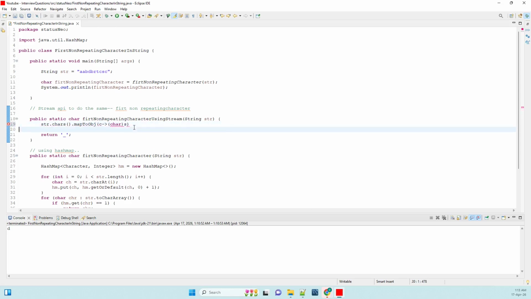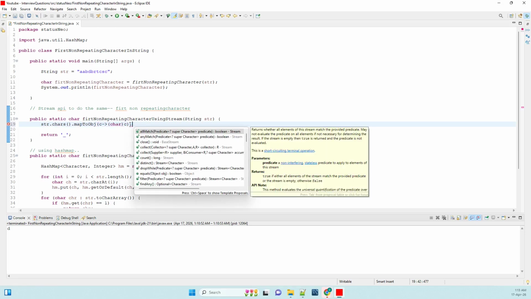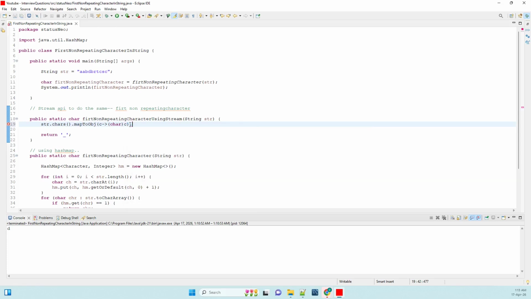So we have C. Now what we have to do, we have to collect. We have to count the frequency. So collect. Now comparator